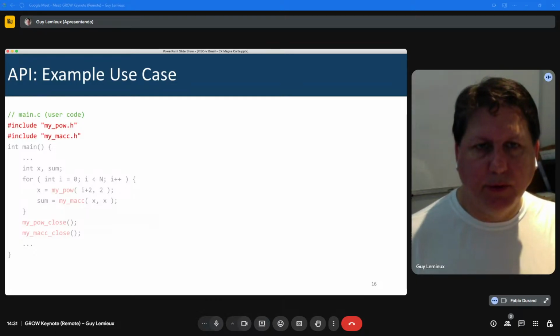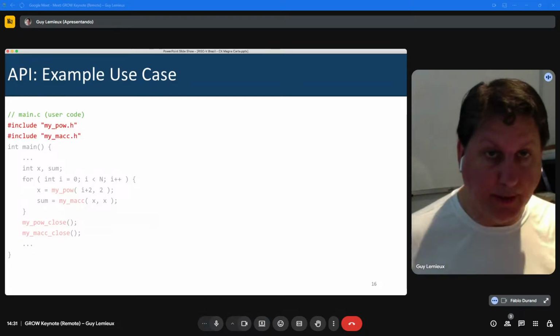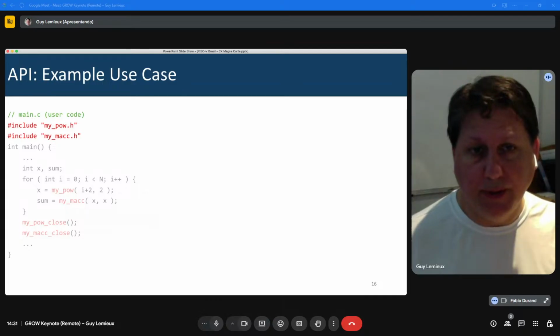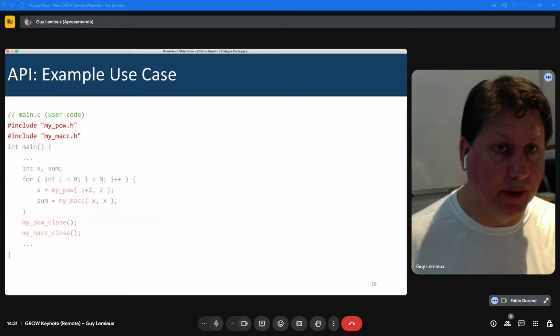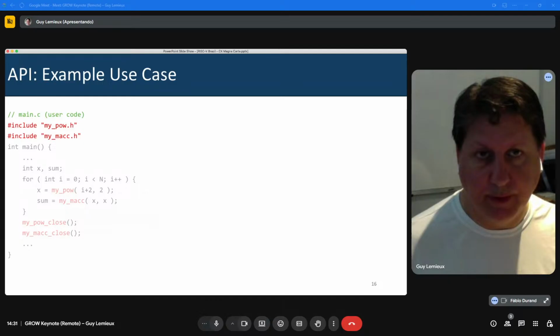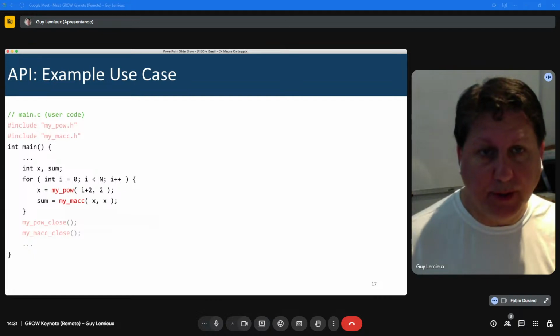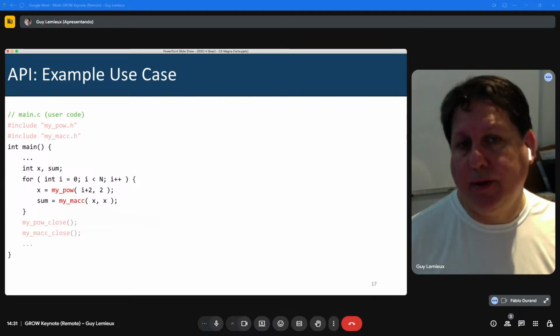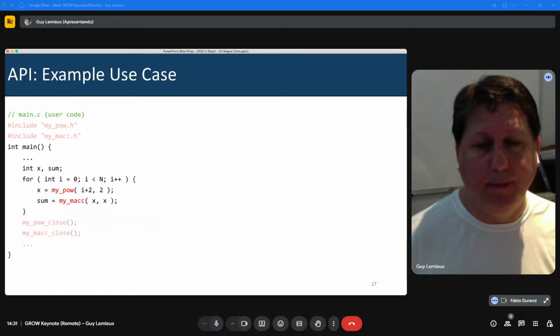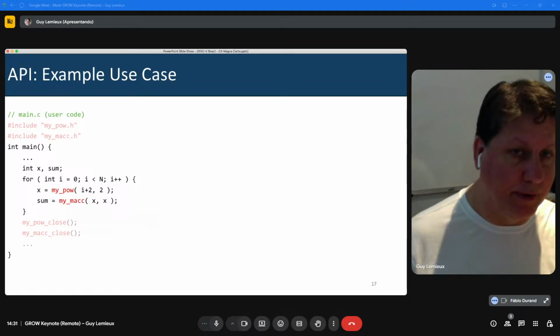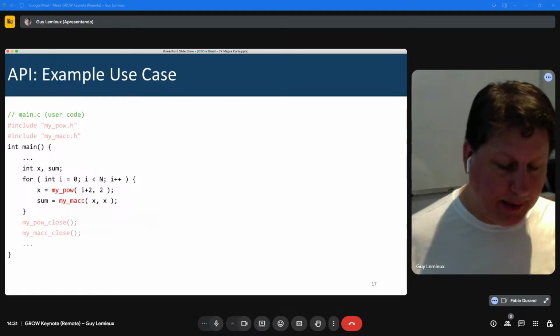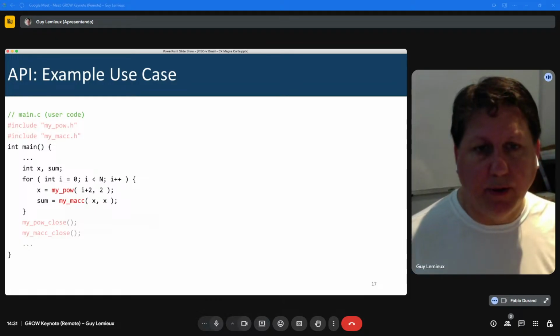So I have two includes for two different accelerators that I want to use. One to do power computation and another to do multiply accumulate computation. So I'm going to include the function prototypes for those two headers. Then I'm going to do some computation, and I'm going to do it in a loop. I'm going to call something for power, and I'm going to call something for multiply accumulate. And then when I'm done, I'm going to close